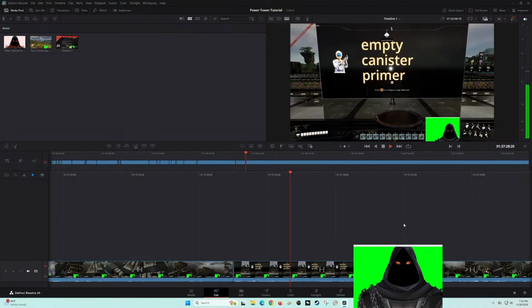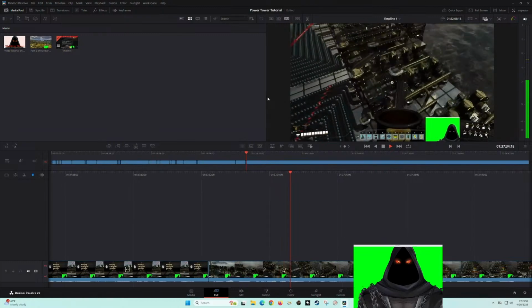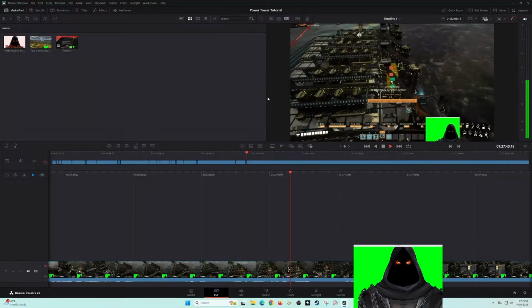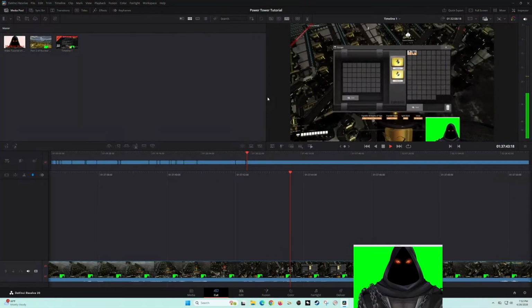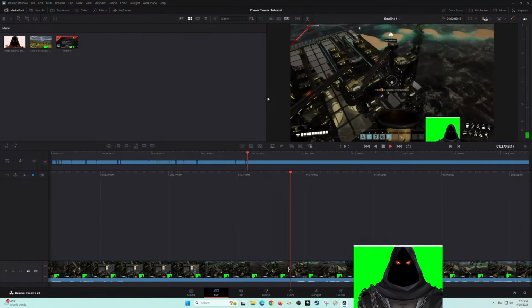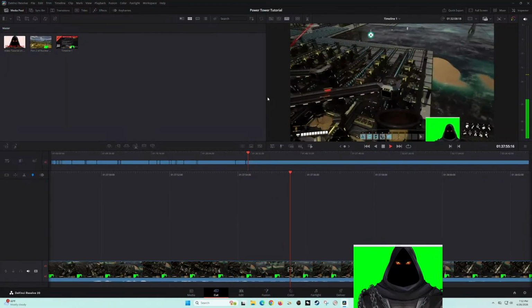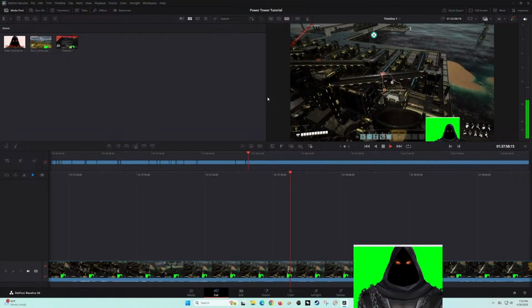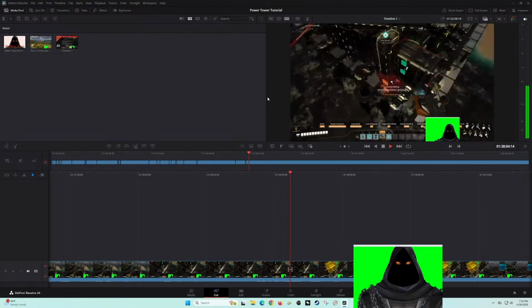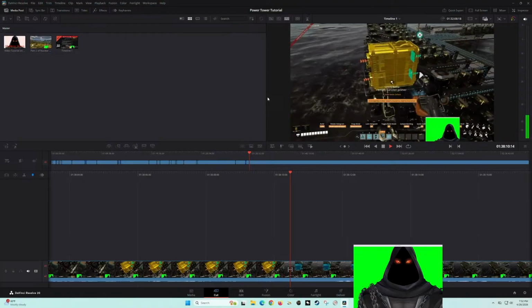Alright, so the next scene is, in this tutorial, will be empty canister primer. So after you set up all the lines and the buffers, the next thing that you can do is start filling up the storage bins here with empty canisters. I think in my other playthrough where I'm not using free build mode, I actually built a dedicated plant to fill up all these canisters with empty canisters, and I was producing 780 empty canisters per minute. However, I have a little blueprint here to help speed this up for us.